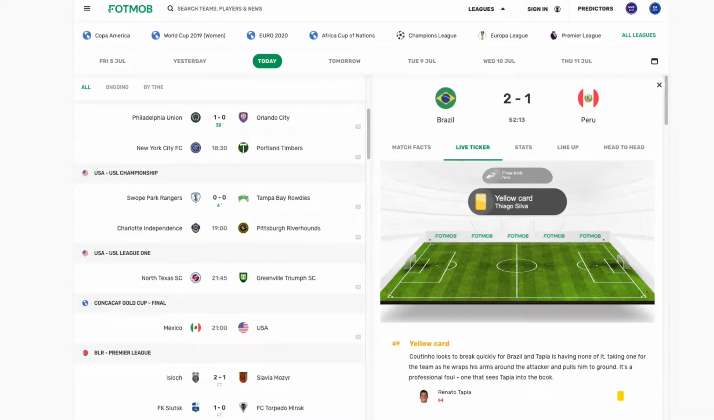You got to check out this great app. It's called FotMob. FotMob is something that I started using a while ago just to track the status of various teams. So you can see on the left-hand side here, there's a column that lists out all the different